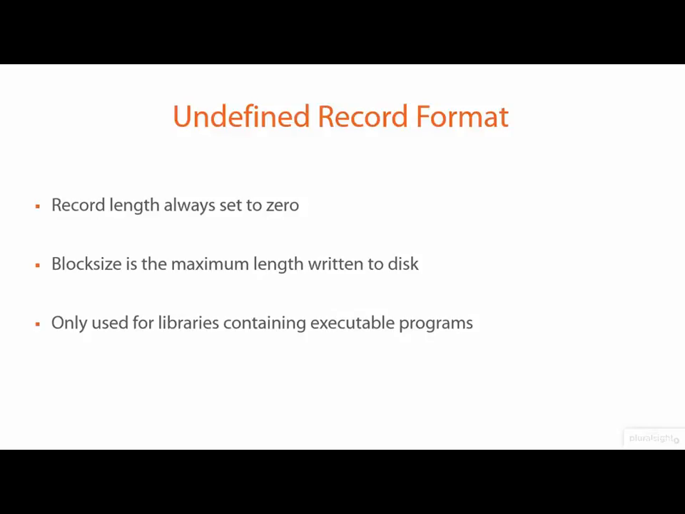An undefined format is used for partitioned datasets that hold executable programs. This corresponds to the type of output produced when an executable program is produced. What the undefined format means is simply that there is no particular record length that could be considered typical. As a result, the record length is always indicated as 0, while the block size is used to determine what